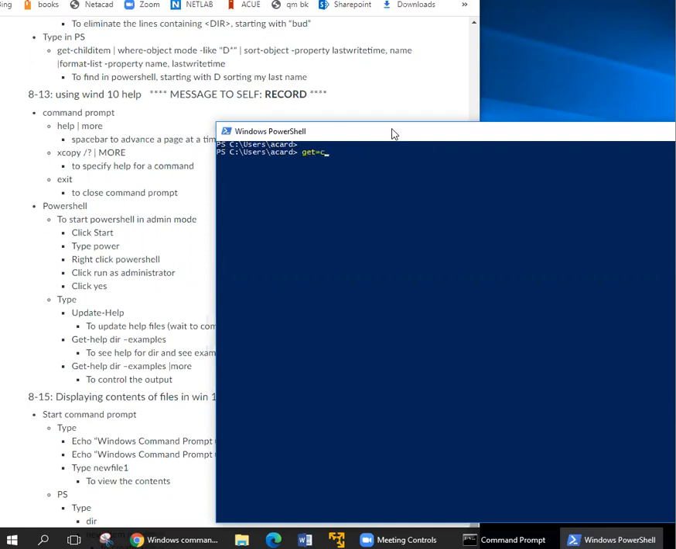Get-ChildItem, type, Where-Object, Mode. We want the Mode to be like D. Another pipe, Sort-Object. This is a variable, Sort-Object, and what we want from that variable is the LastWriteTime. So the time it was last written,